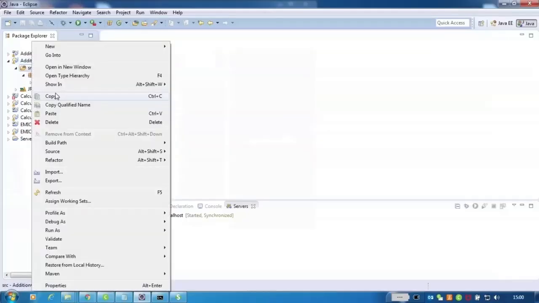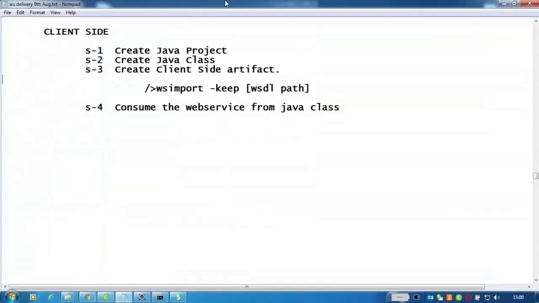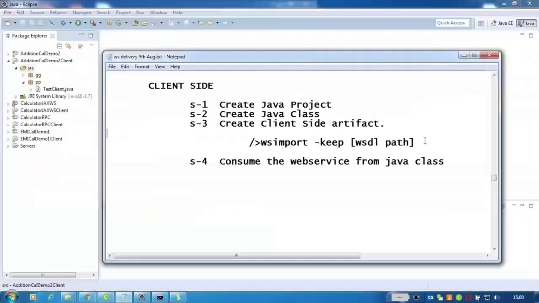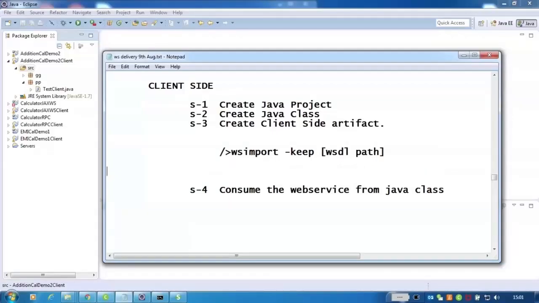So the next step is done. See here, next step is done. What we have done here: first, create the client-side artifact using this command, right? And then copy the client-side artifact inside your project. You can write this. Then copy